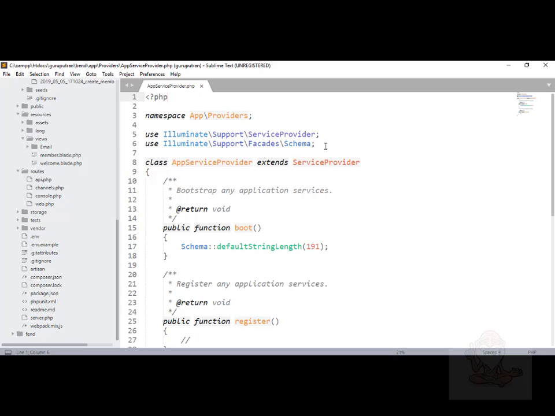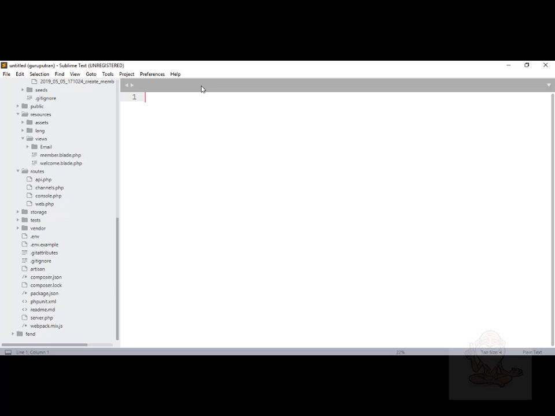And then you include this line also: use Illuminate\Support\Facades\Schema. This is to prevent database errors happening after we create the tables. Okay, let me close that, and I'm going to the next step as I have outlined to you.